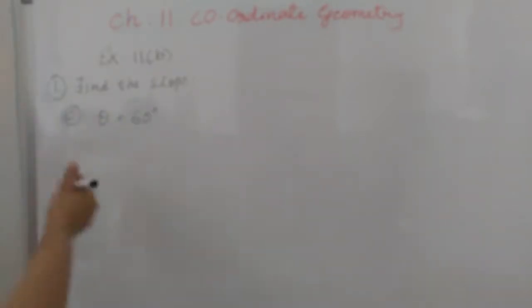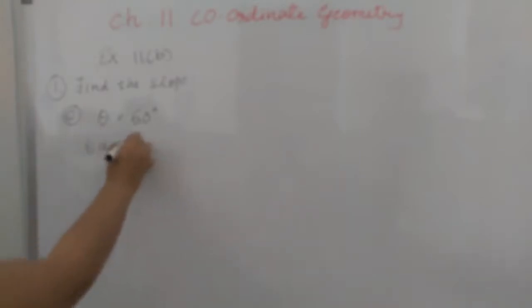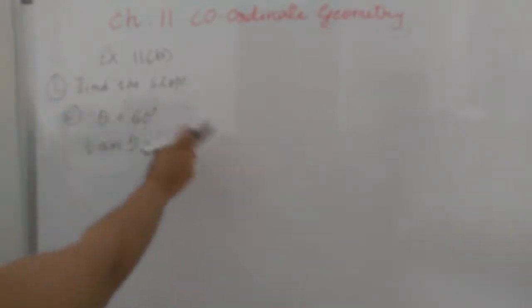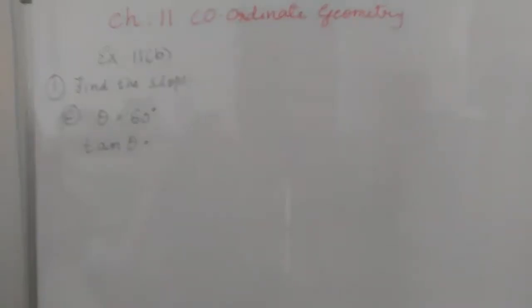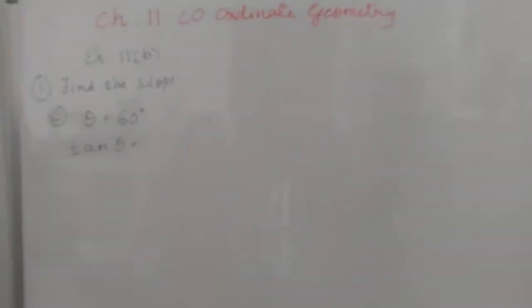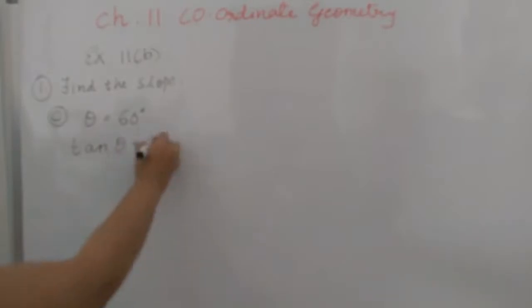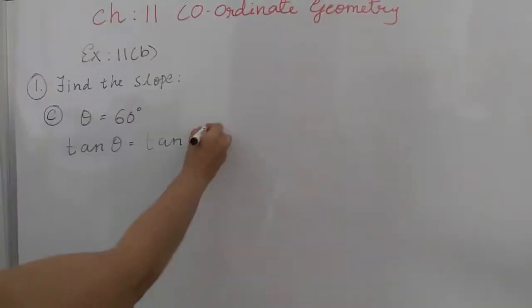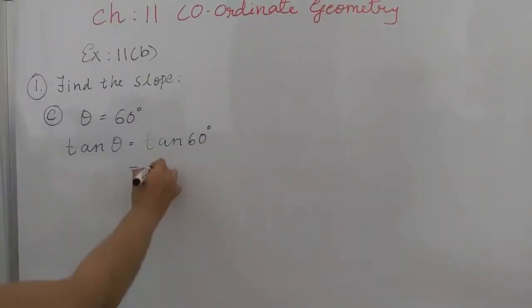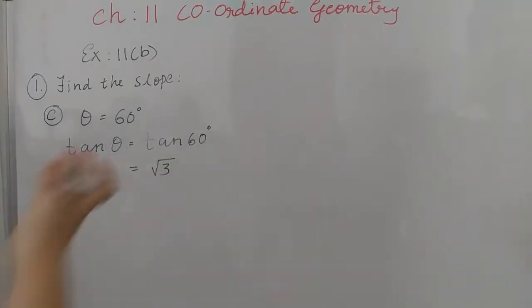So when theta is given, we can use our tan theta formula, or you can say the definition, which makes angle theta with anti-clockwise on the x-axis. So this way I have taken tan theta here. Tan theta value is 60 degree. And what is our tan 60 degree? That is under root 3. So here we have our answer.